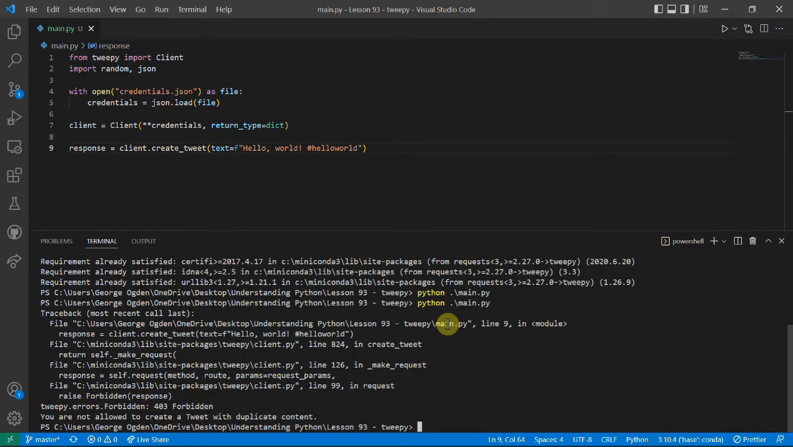So I'll do it again. However, you can see we get an error saying you're not allowed to create a tweet with duplicate content. So that's where we've imported random. What we'll do is we'll then put